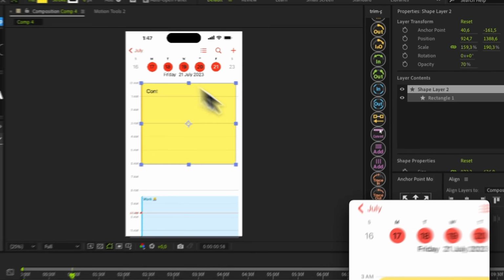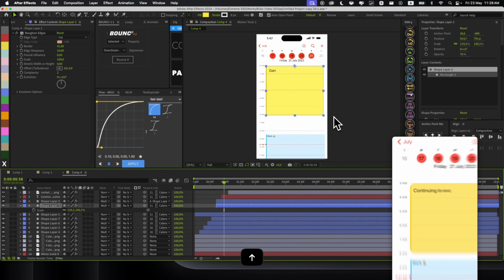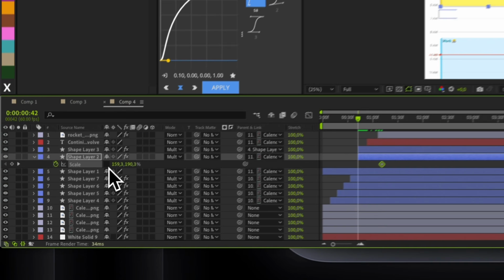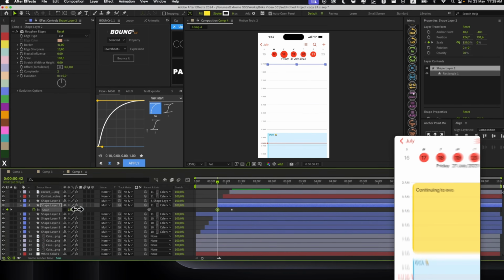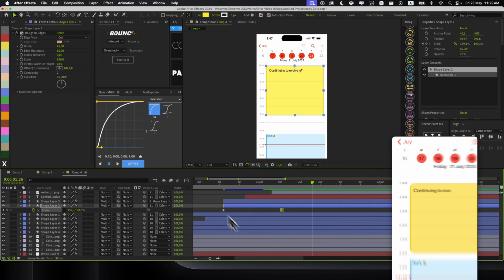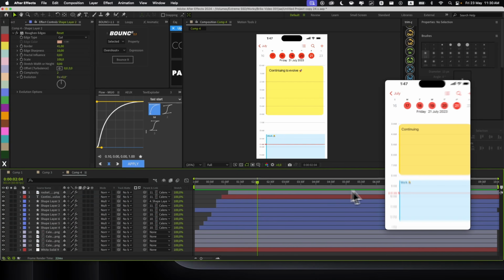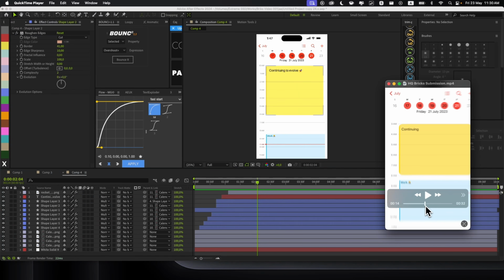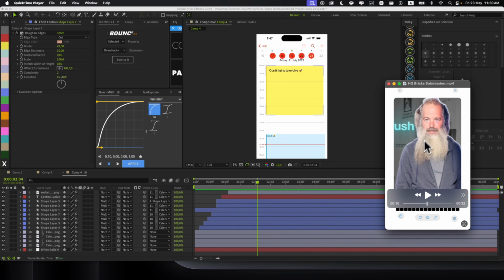We're gonna move the anchor point to the top here, let's position it again, and come here and add scale at the beginning and check the link here and scale it to 0. Ease them and nice. Next up, for the last scene, we have this yellow shape layer transforming and scaling and moving to the center,